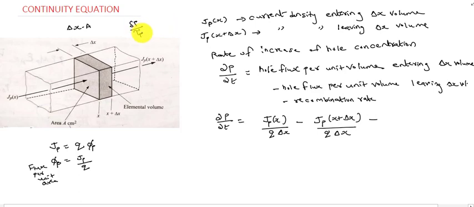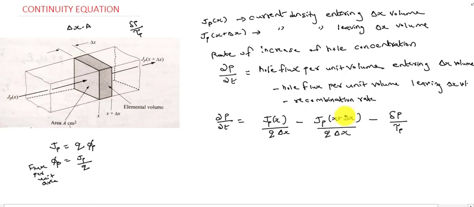So del p by tau p. Tau p is the carrier lifetime of holes. Del p is the excess carriers produced in the semiconductor. That is also a dou p by dou t value, that is also a rate, so we can write it as del p by tau p. Del p is the excess carriers generated and tau p is the carrier lifetime, the time required for recombination to occur.